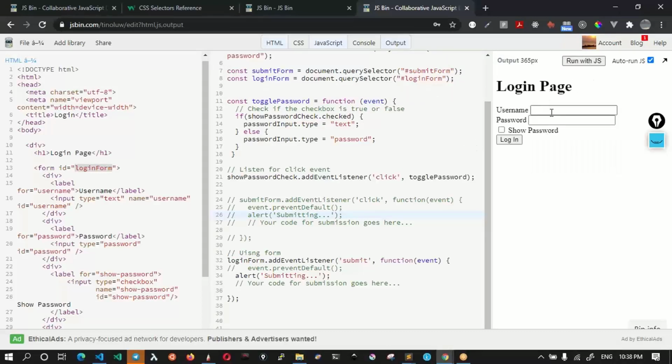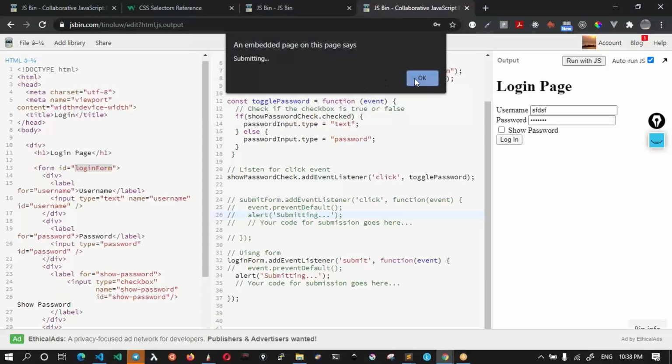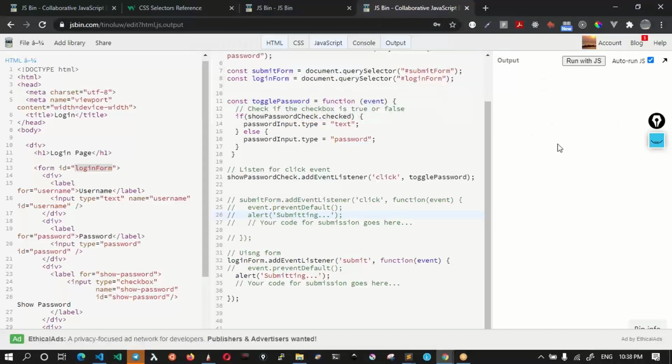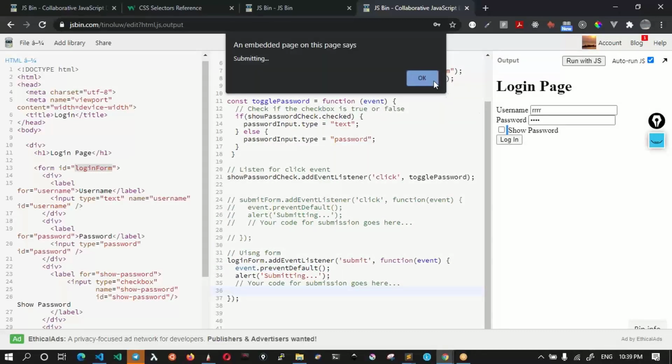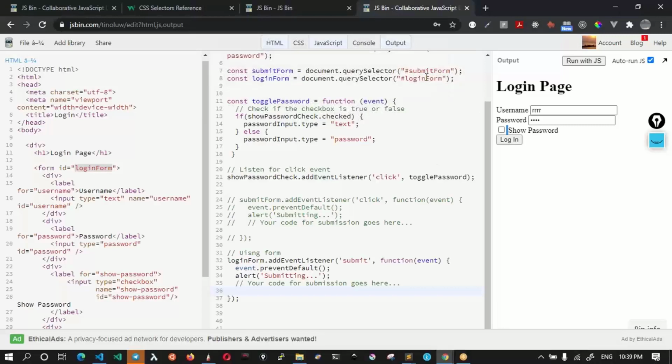Just a minute. Oh, okay. It's because of the submit event, I suppose. Yeah, it's because of the submit event. Okay, but again, see, your form is getting refreshed. So always remember, whenever you are handling the form submit, always use event.preventDefault to prevent the default behavior, so that you can write your JavaScript code in here, and everything will work as expected.